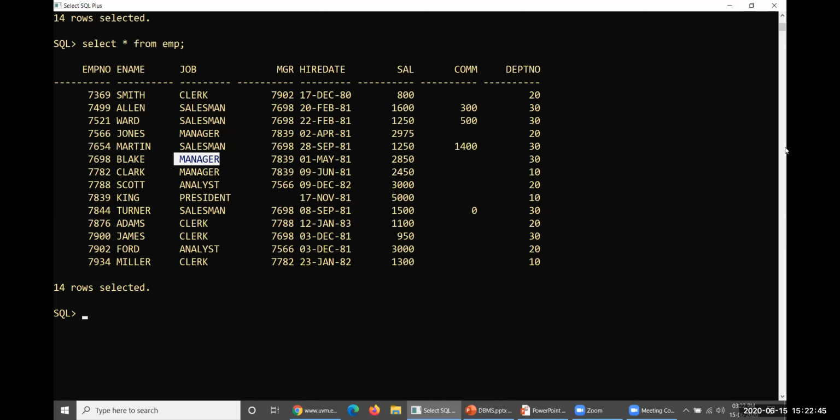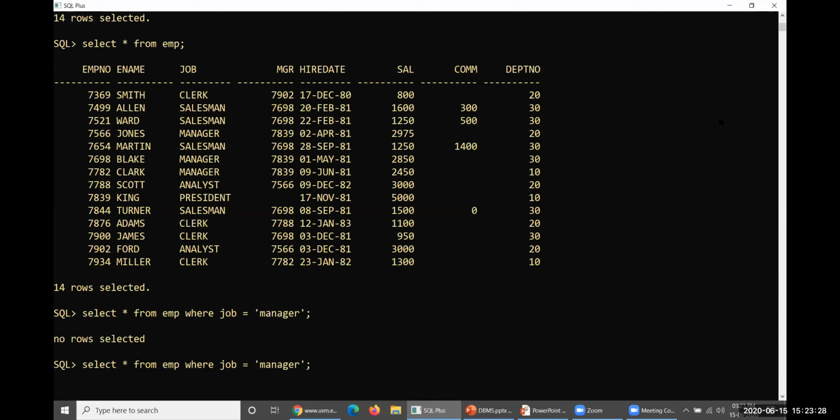So how can the filter be operated here? Look at this. SELECT: I need complete information of the employee. SELECT everything FROM EMP, but I'd like to display only the people who are managers. So WHERE job is equal to, within single quotes; characters are always operated within single quotes only. The data available within the table is in capital letters. If you operate with lowercase letters, 'manager', it will not reflect anything. No rows are selected, but managers are actually available here.